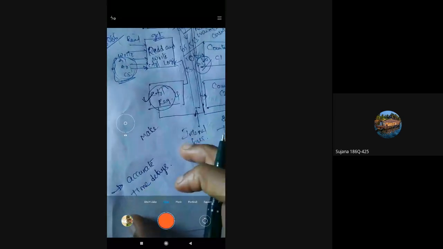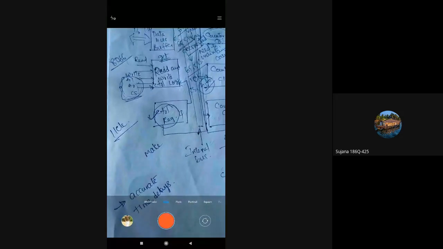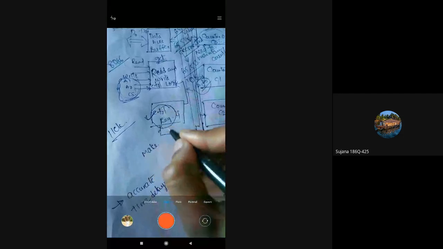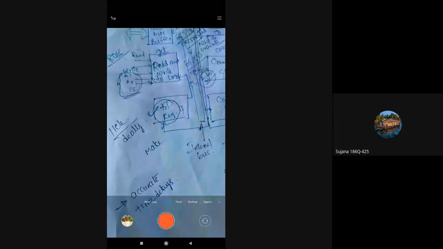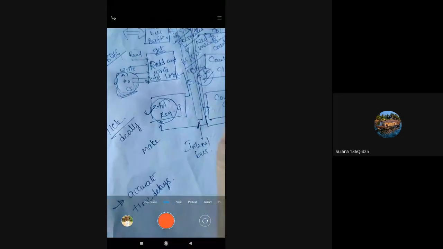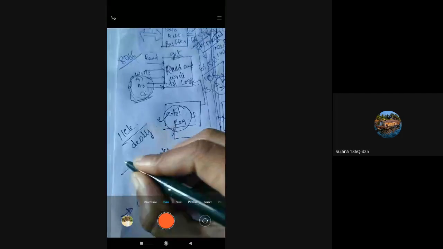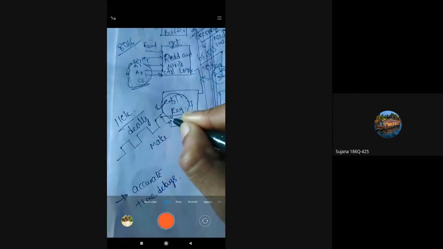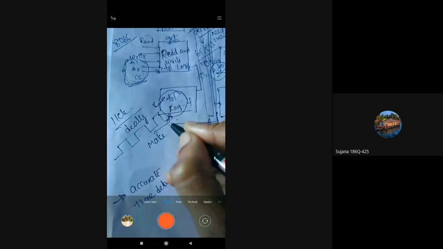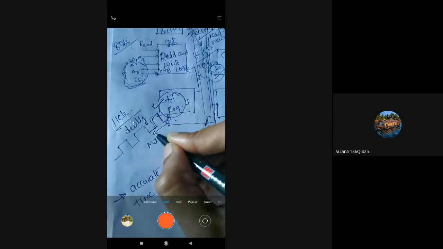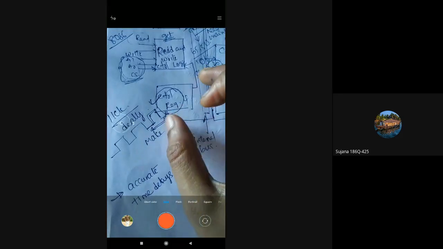Accurate time delays means, if the processor takes one clock cycle to start, then on providing the clock signal, the trigger input, the microprocessor will get activated. If the microprocessor has a delay of one clock cycle, it will not start immediately after the clock is applied; it will take one clock cycle to get activated. So this is the clock we are triggering the microprocessor with, and after this clock cycle only, one high and one low, the microprocessor is activated.